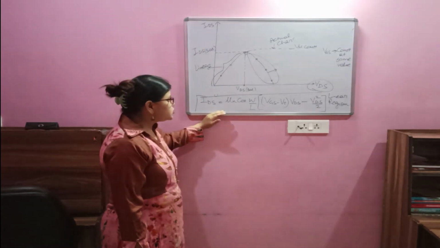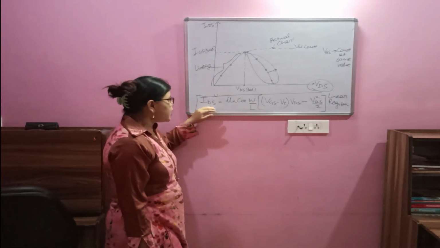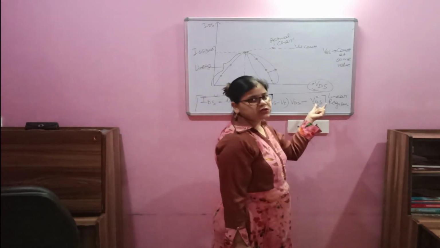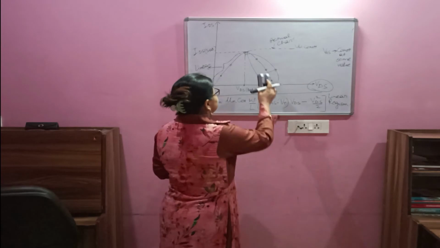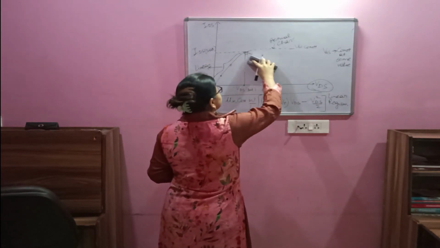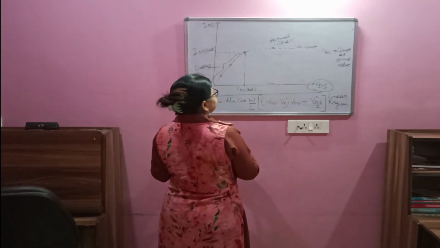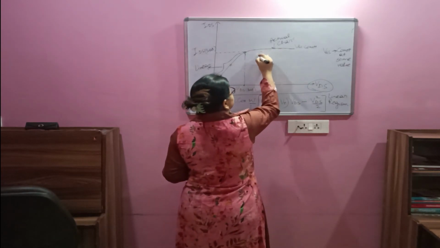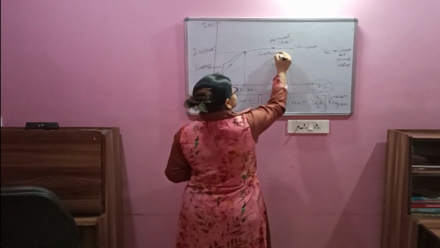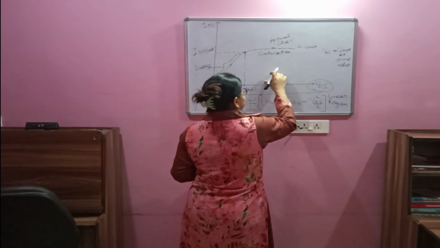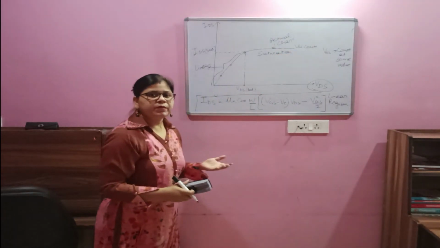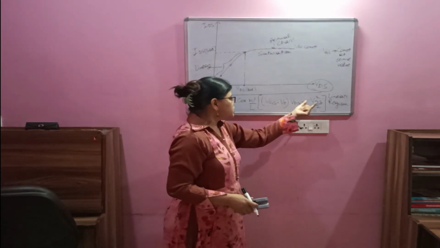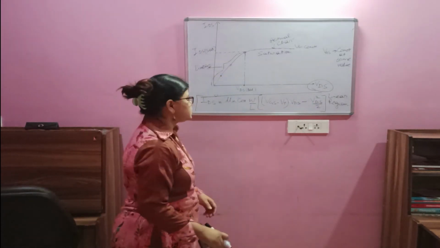And the modification should be done in such a way that this IDS equation should get rid of this VDS term, because only then the curve of the MOSFET will look like this. It should have a flat curve in the saturation region. So we will do some more mathematics and see how this IDS equation will get rid of this VDS term.